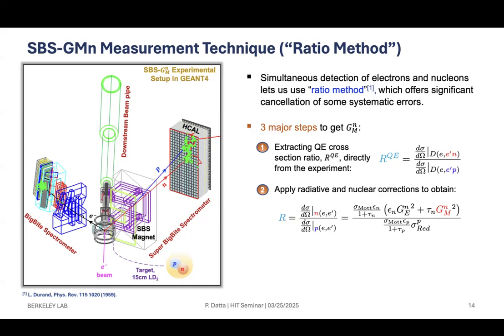But the beauty of the ratio method is that most of these corrections cancel out in the ratio. Finally, we can substitute this R in the Rosenbluth formula, get the proton reduced cross section from the global data parameterization, and then subtract a small term including GEN to get GMN. So this is the high level